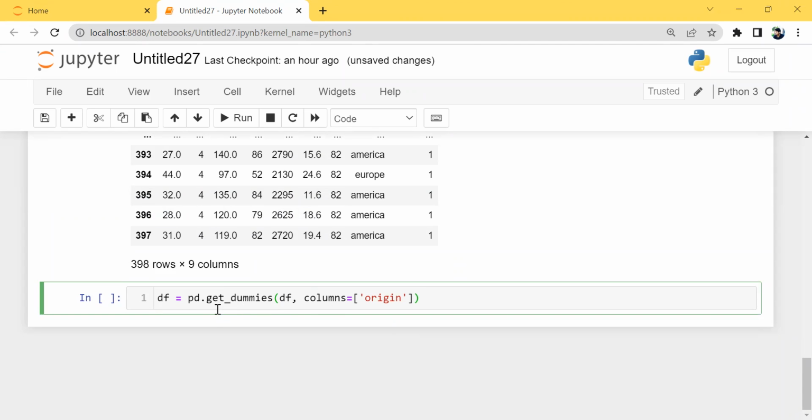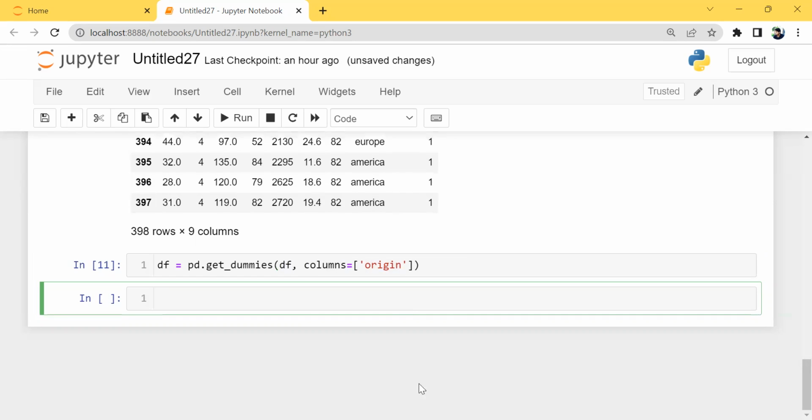I'm just calling this function get_dummies, then passing my data frame df, and I want to apply this one hot encoding on the categorical column, that is columns equal to origin, right? So if I hit shift enter,